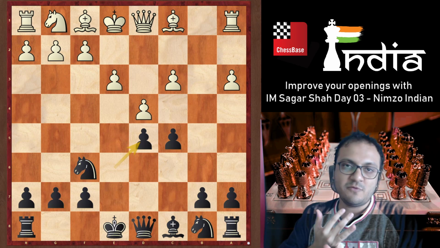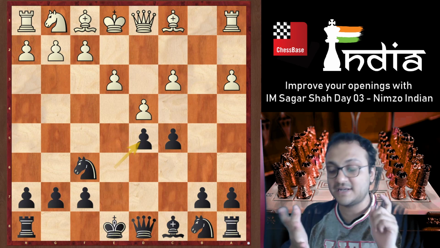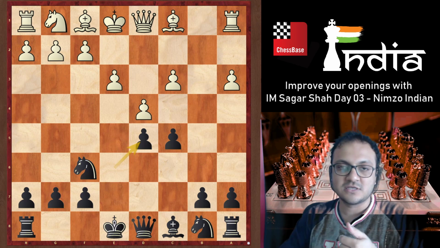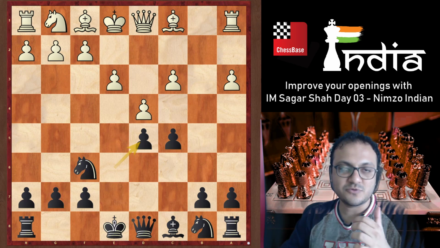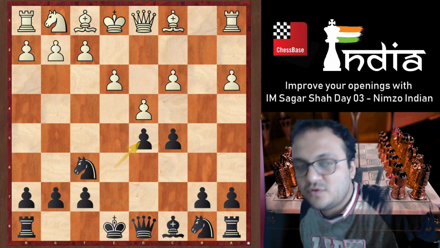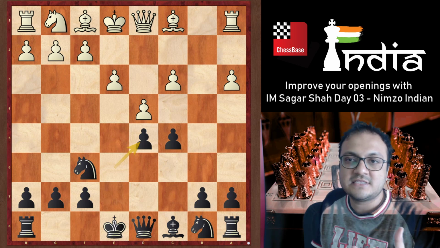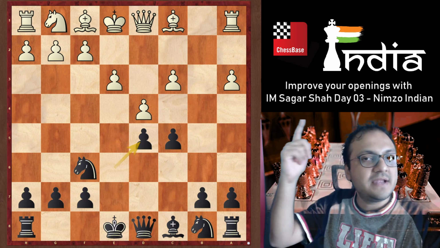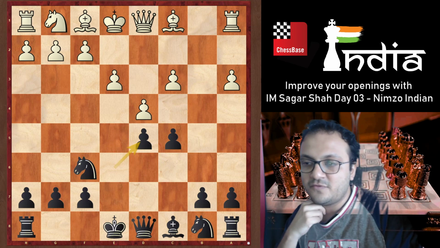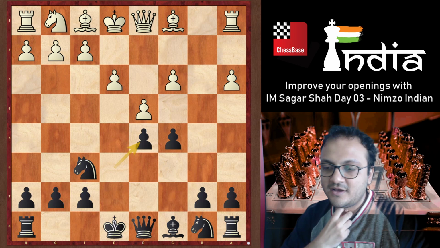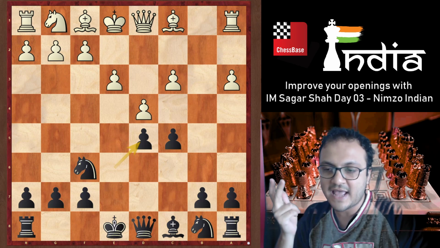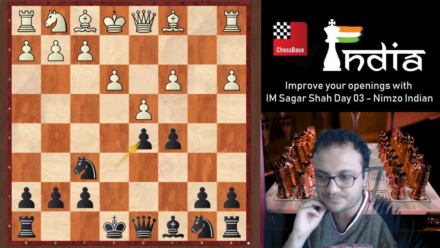So tell me the name of the white player, tell me the name of the black player, tell me the name of the tournament, and tell me the year. Who can do that? Four things. White, who was black, which was the tournament, and which was the year. See, the thing is, if you remember these details, you will be like, why don't I play the plan in this game that was tried in this year? Why don't I do that? But if you forget the name, then yeah, it might not be so easy. So tell me, who was white, who was black, which tournament, and which year?